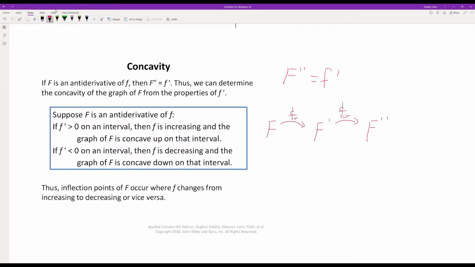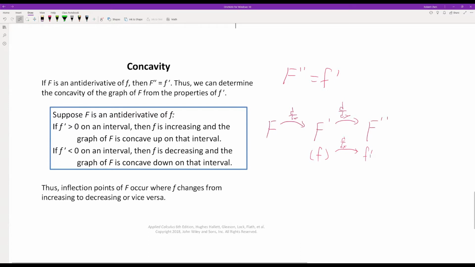F prime, we're also going to call that lowercase f. And when you take the derivative of f, you get f prime. So capital F double prime is the same as lowercase f prime, whereas capital F prime is equal to lowercase f. So basically what we're looking at here in this blue box,